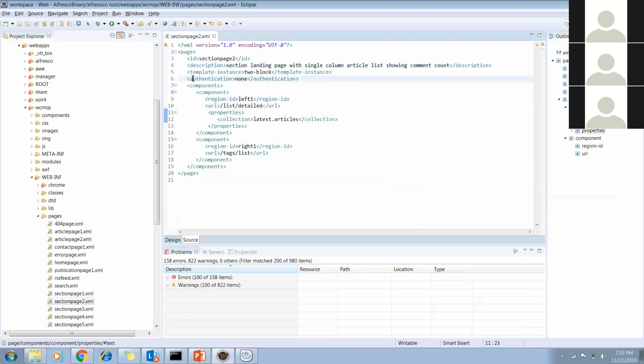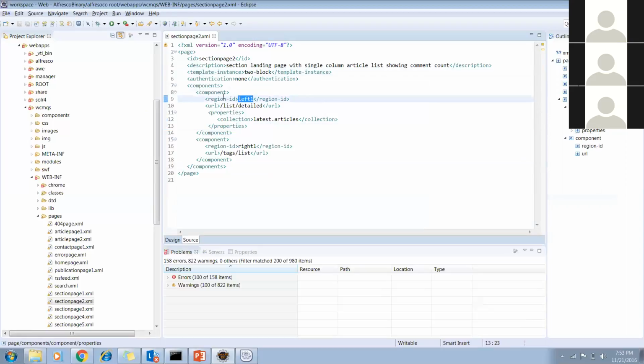And the very important thing is the template instance: what kind of template you want to have, and in that template, what components you are going to display in that page. So in the template instance, you have defined that my page should be in 2 blocks, and in the 2 blocks, you are going to display the 2 components.